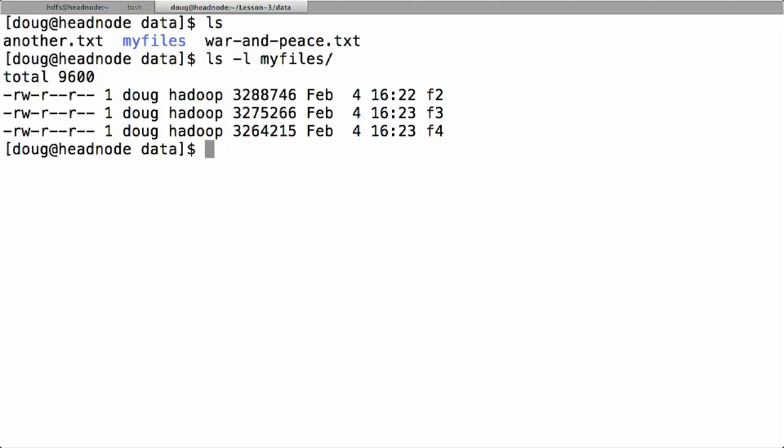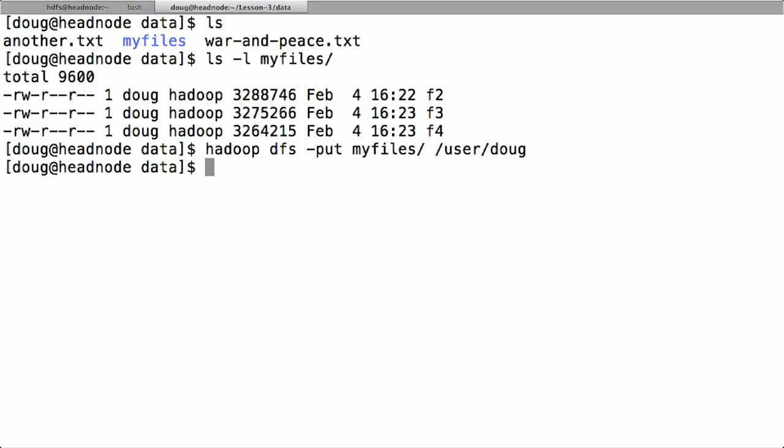In order to do that, it's fairly obvious, as you might expect. Let me just clean up my command here. We're going to do hadoop dfs -put, the whole directory, which is My Files, and then we put where exactly we want it in our HDFS file path, under user Doug. Again, we mentioned that there are permissions, so we can only operate on data in user Doug at this point. So we do that, and if we now take a look,